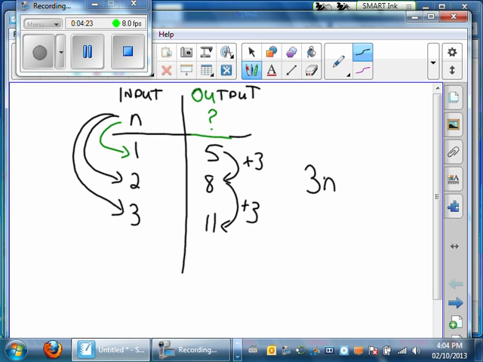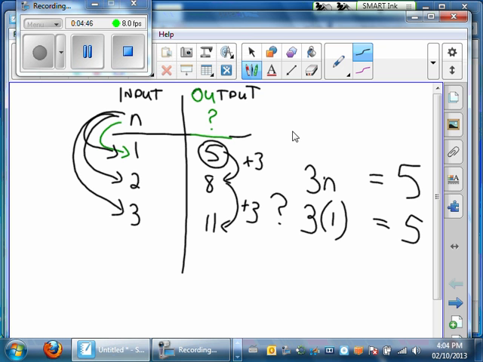And we know that right here, when n is 1, it has to equal 5. So let's take that one for starters. 3n has to equal 5. So let's plug in 3 times 1. And the question is, does that equal 5? Well, clearly it doesn't, because 3 times 1 is 3, and 3 does not equal